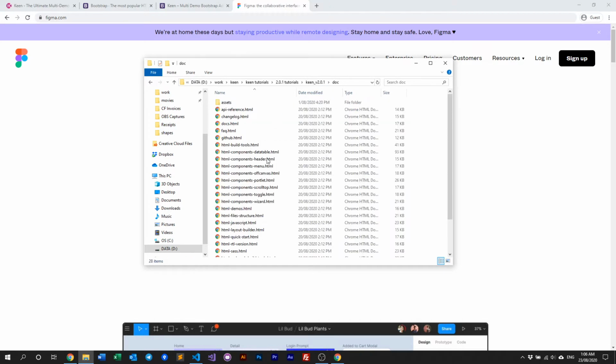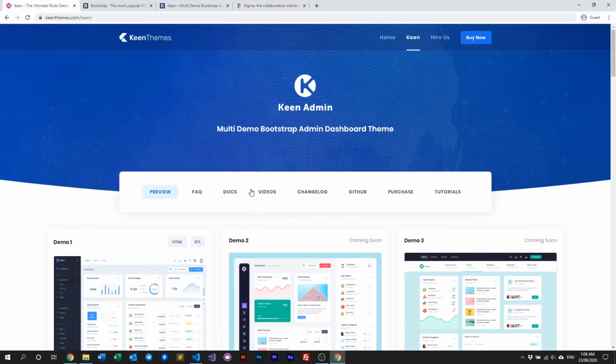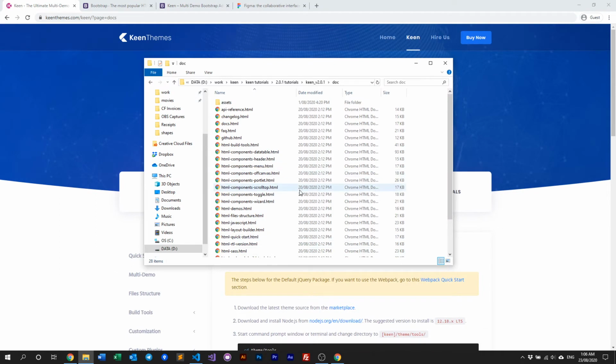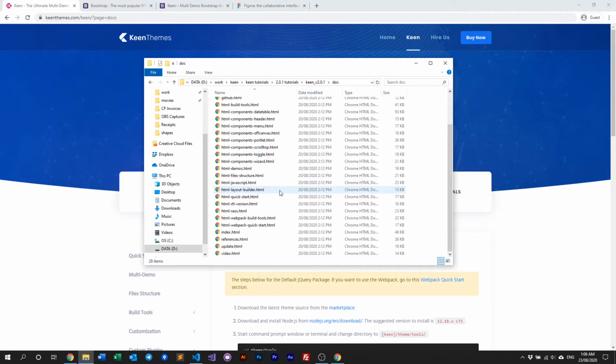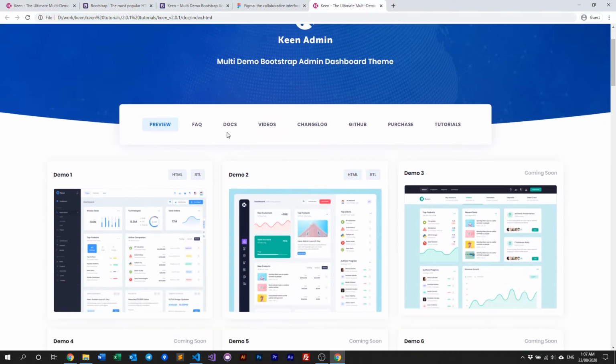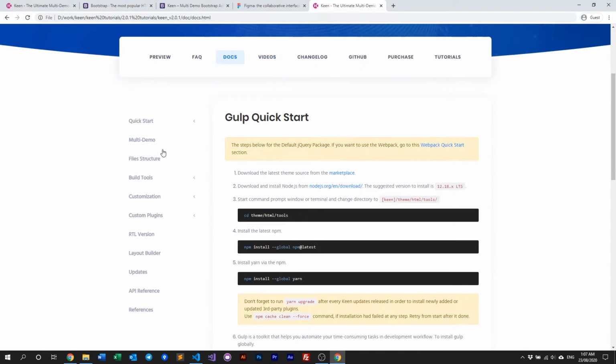And in the docs, we have our official documentation, which is similar to our online documentation right here. You go to KeenThemes.com/Keen, go to docs, and you'll be seeing our official documentation here. So this is just the offline version of it. If you go to, say, index, and you open it in your web browser, you'll be seeing the same thing, but it's now being loaded from your computer. So let's go to docs, and